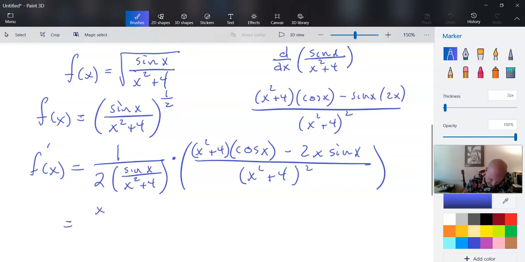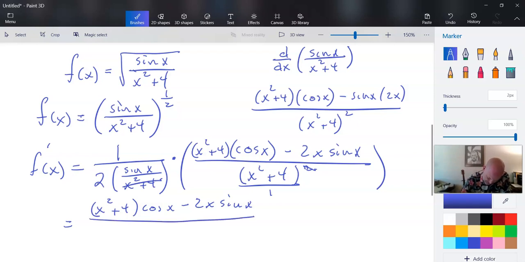Which is x squared plus 4 cosine x minus 2x sine x. That's just taking the numerator and multiplying it straight across. Now, multiplying the denominator, I have an x squared plus 4. I have an extra one of those. So I can cancel one of those out. And so what that leaves me with